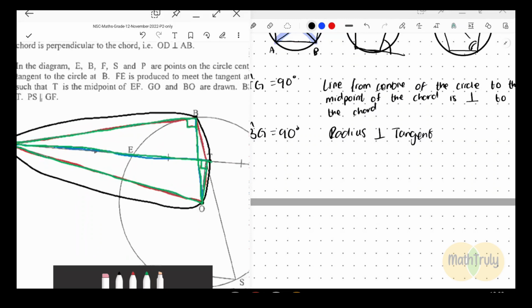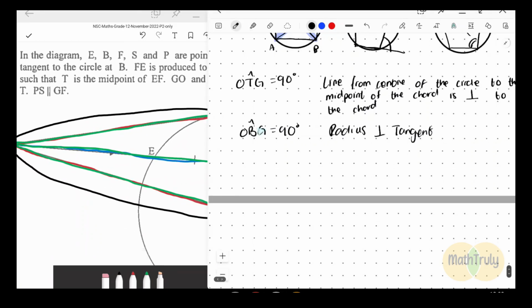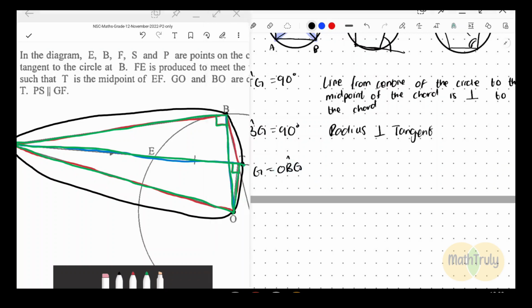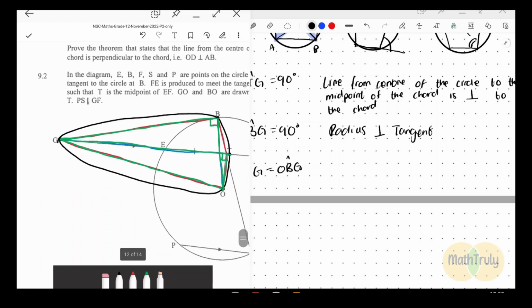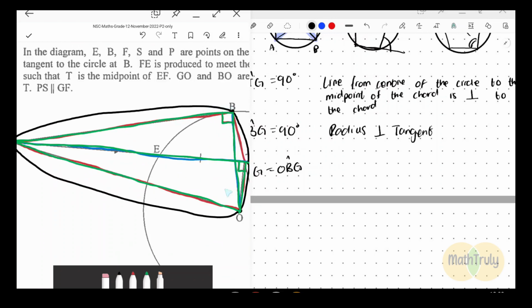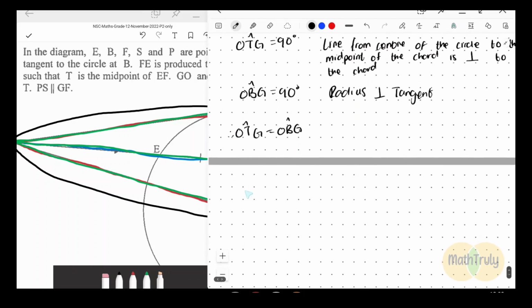Okay, so the thing is that it's not a cyclic chord yet. We're just proving that it is a cyclic chord. The fact that we have that angle OTG, okay, now being equal to the angle OBG, because they're both equal to 90 degrees, it will mean that this shape OTBG is a cyclic chord because it supports the theorem that states that equal angles at the circumference are being supported by the same chord, or angles in the same segment. So we have proven that these two are equal,